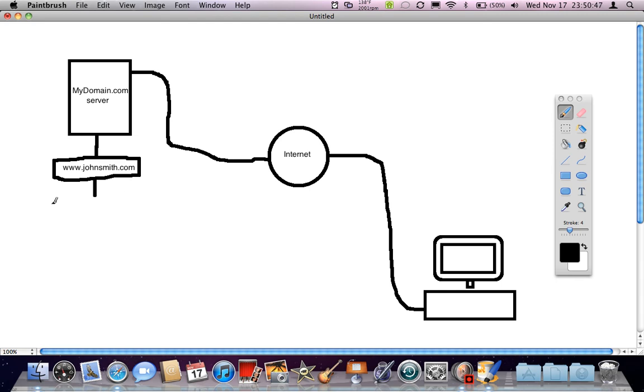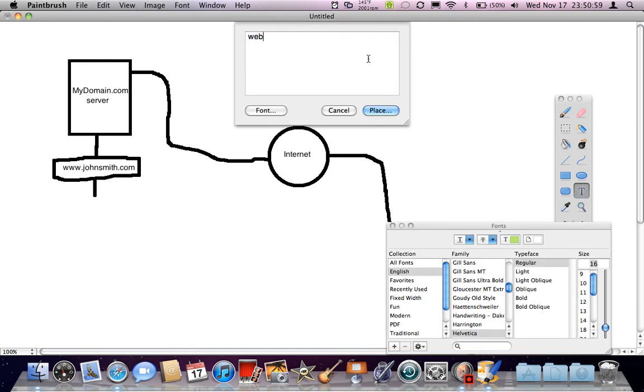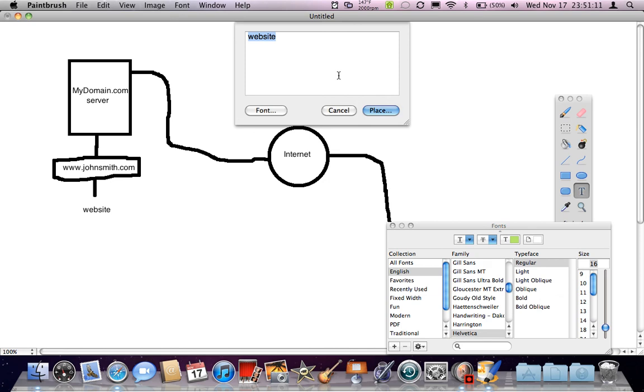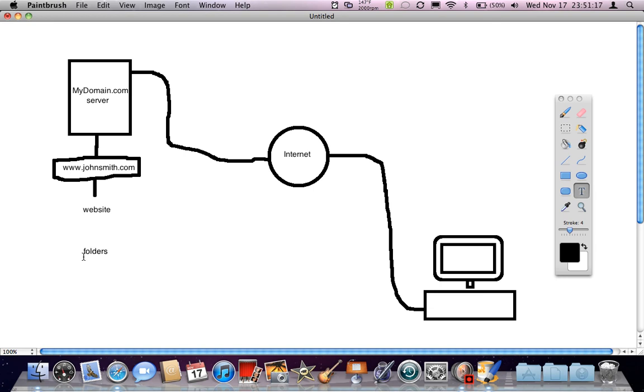What you can do is, let me put down website. Hold on a sec. Name of the website, and that is below the URL. And then below the website, you have the folders. Everything, all the files are contained in them. And then this is what the website uses. Now, you may be wondering, okay, how do you get to that free without using